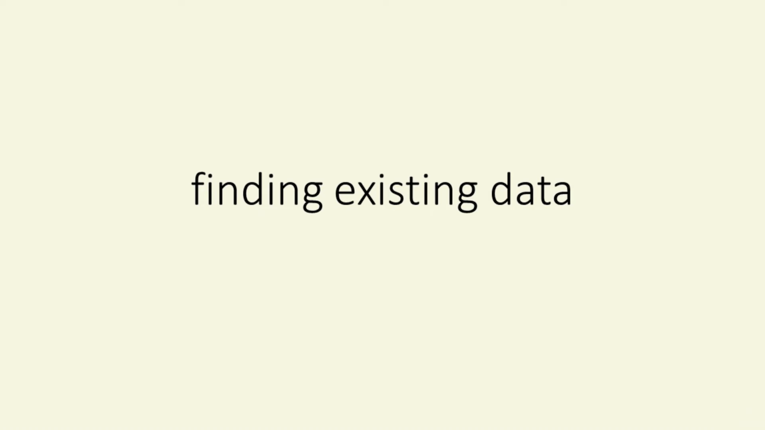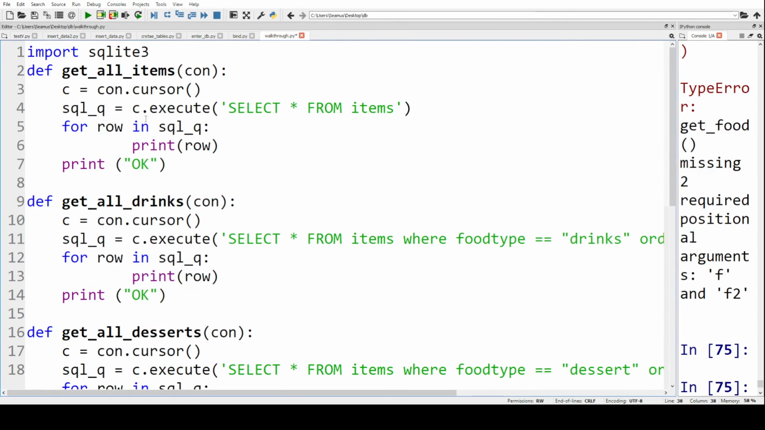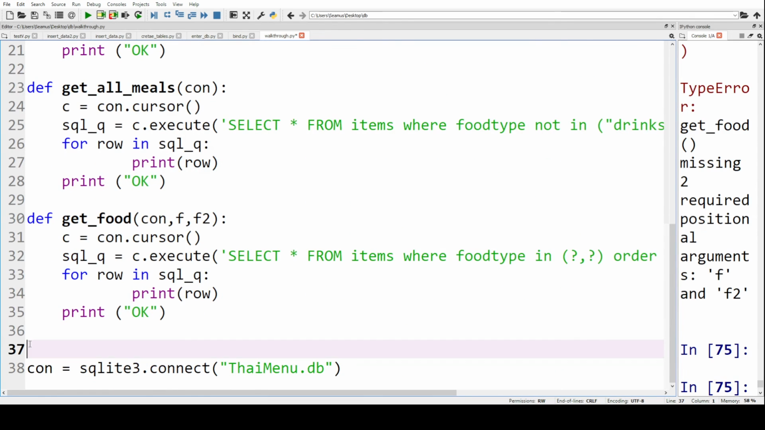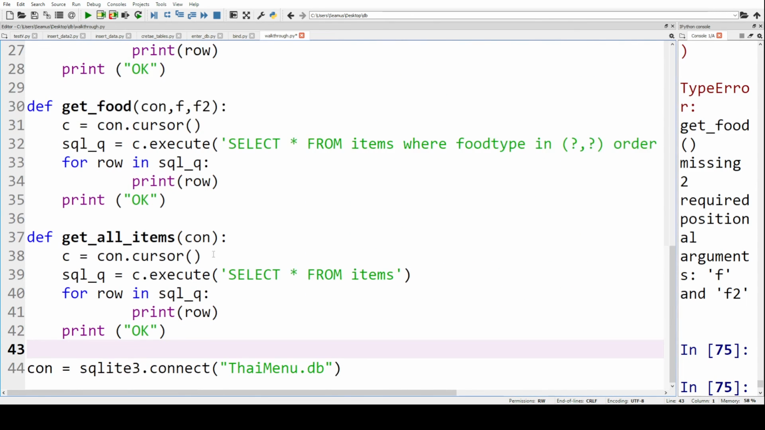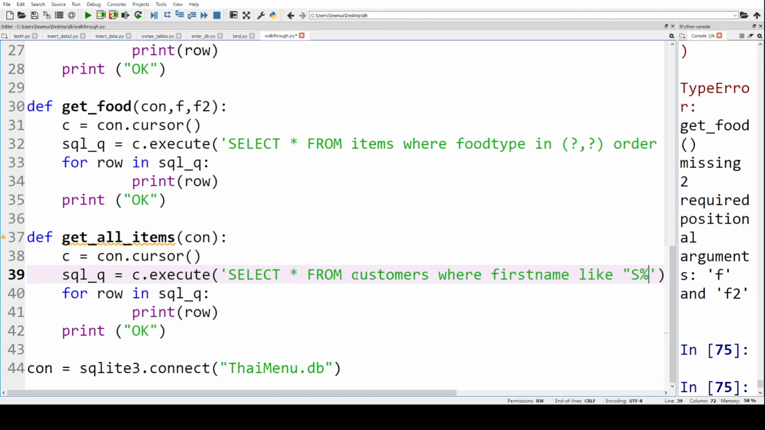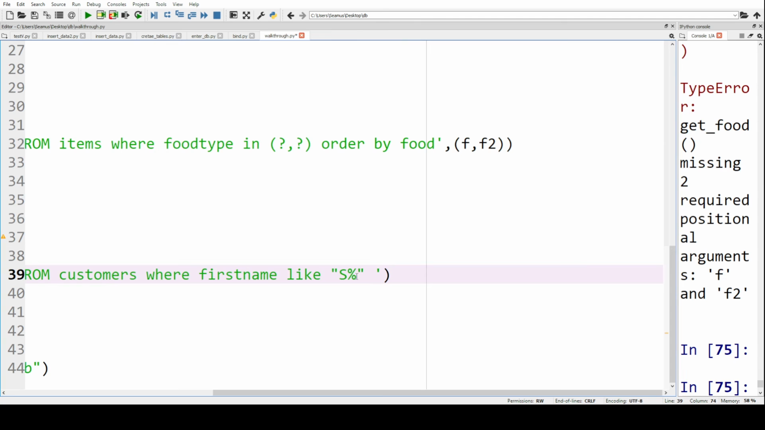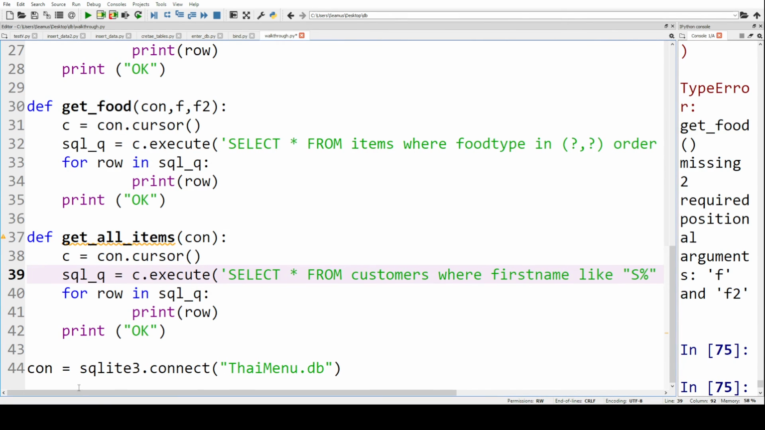How about finding existing data? Let's say, for example, we want to find a customer and we don't really know their name, or we're not sure if we can put it into our database and be completely correct. So in our SQL statement, first of all, we might select all the customers, or maybe we might use a like. Let's say we know their first name begins with S. So we can write our SQL using a wildcard, the letter S, then the wildcard, and then we can order by first name. So when we run this,